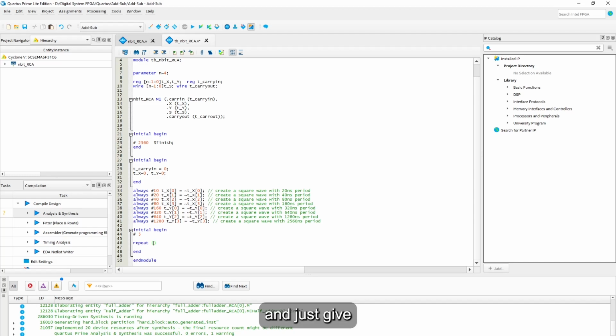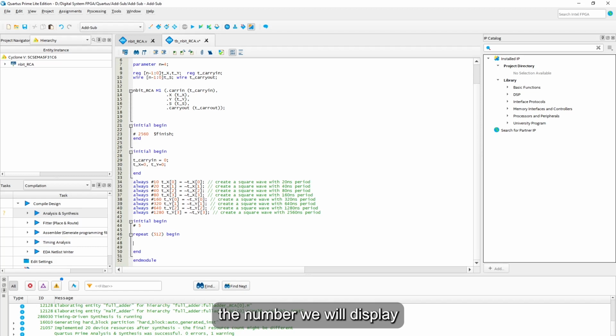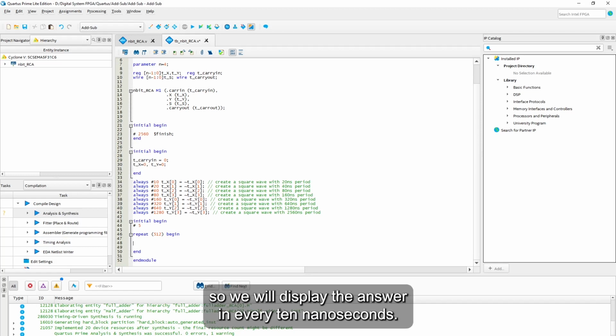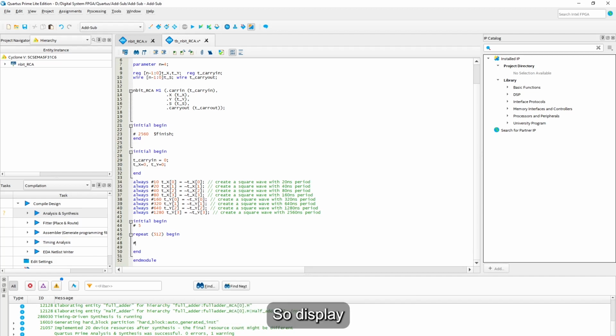We just give this value, how many we got, just begin. Now the numbers that we're going to display, we're going to display each at 10 nanoseconds. So display,